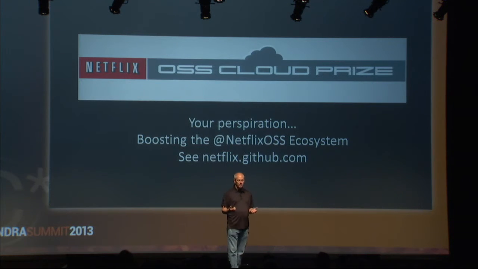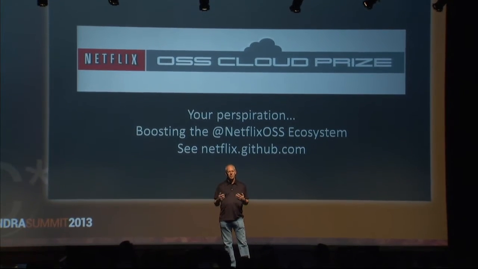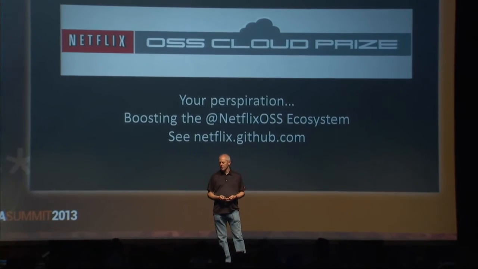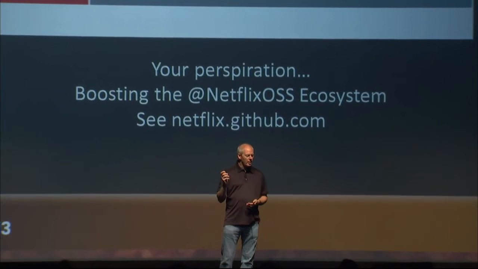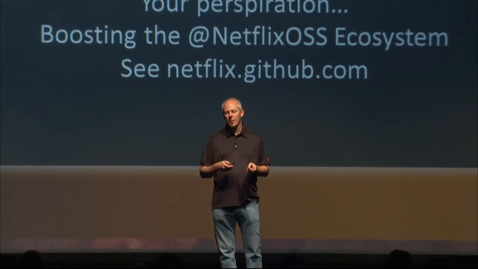But what we're also looking for is some of your perspiration, right? We've been doing all this work, and we've launched a cloud prize. So this is a prize for contributions that are related to our open source platform. And a lot of those contributions could be around Cassandra, so I'm going to highlight those as I go through. You enter this prize by going to GitHub, looking for the Cloud Prize project and forking it. So it's basically, if you don't know what GitHub is, you shouldn't be entering this prize. That's kind of one of the filters here. We had a couple of confused people trying to give us ideas for making Netflix movies behavior better. This is about the platform.